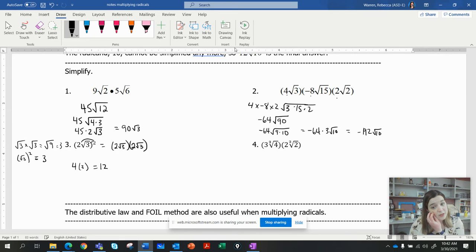Over here, these are cube roots. Still functions the same way. 3 times 2, that's 8. My numbers under the radical sign, the radicands, 4 times 2,